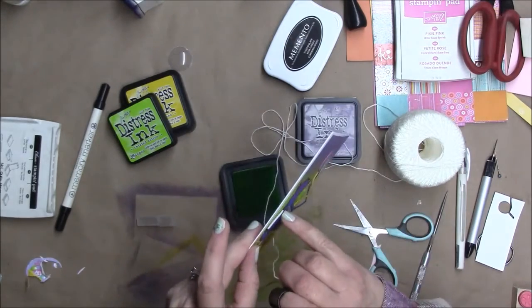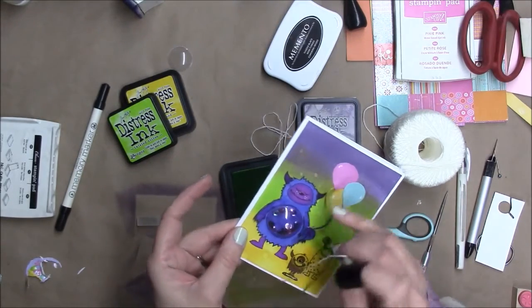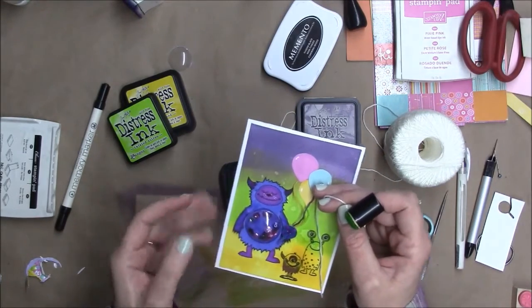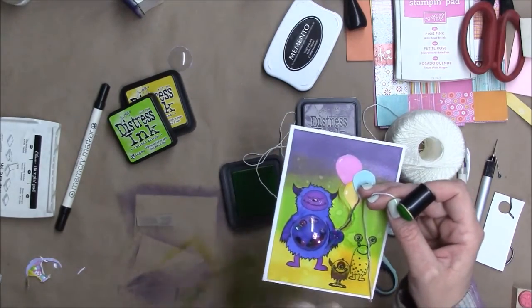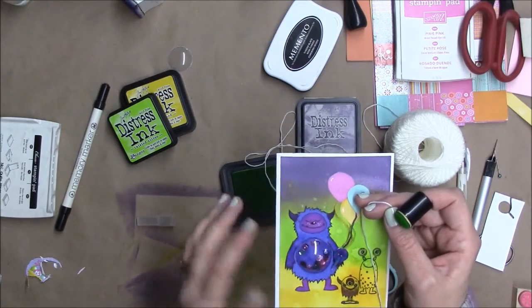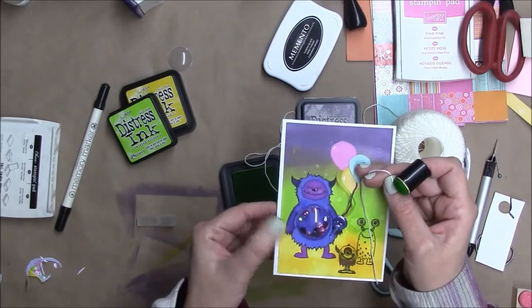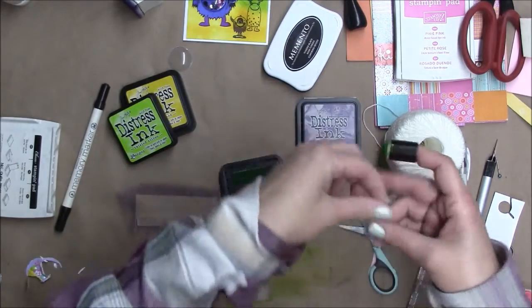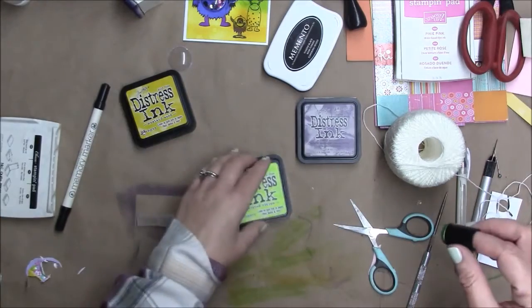Oh, and I did pop dot his arms. I stamped him twice and just cut his arms out because he didn't look dimensional enough with just the belly sticking out, so I wanted to give him something more sticking out, so I did the arms. So I did that, and before I did that,